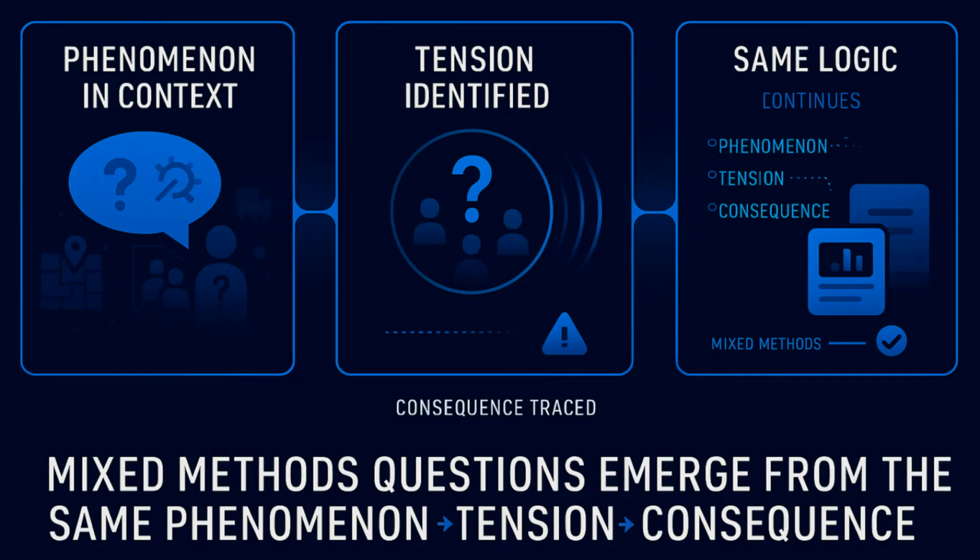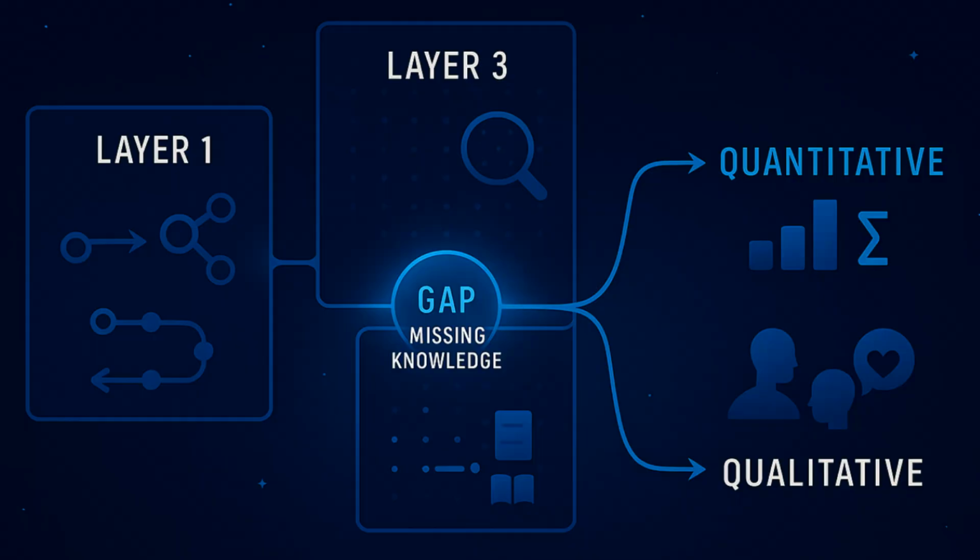When you arrive at mixed methods research questions, you are still following the same chain of logic that has guided every step of your study so far. You began with a real phenomenon happening in a real context. Inside that phenomenon you identified the tension, the part of the issue that was not working, not understood, or not explained. You traced the consequence of leaving that tension unresolved, which revealed why it matters beyond the immediate setting. When you stepped back and looked at all three layers together, you could see the gap, the missing knowledge the